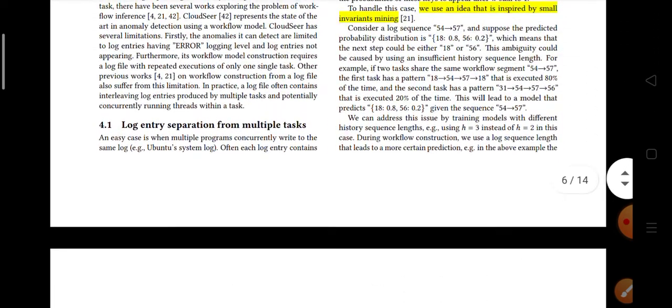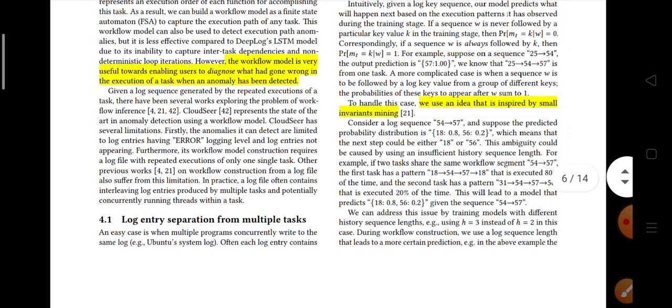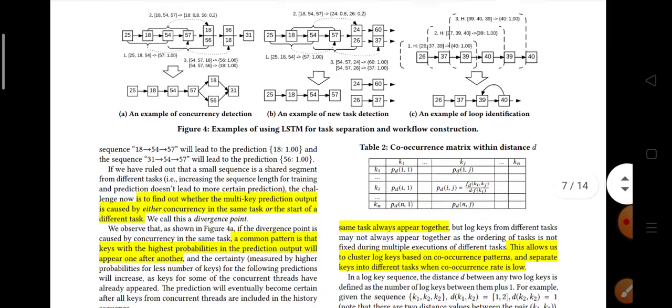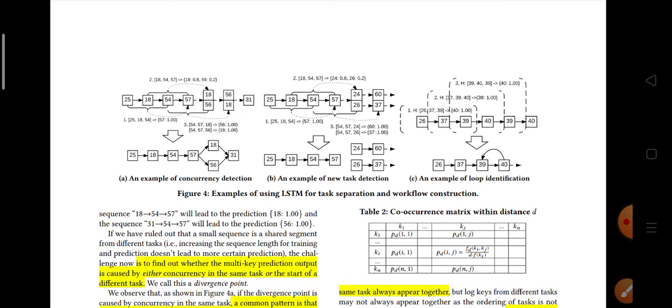They're saying they're using the idea of invariant mining to do this separation. Anyway, this figure might be easy. See, in this section A is an example of concurrency detection. See here 25, 18, 54. The window size taken here is 3. That's why for this sequence of 3, the output will be 57. Again, taking 18, 54, 57, then the output will be